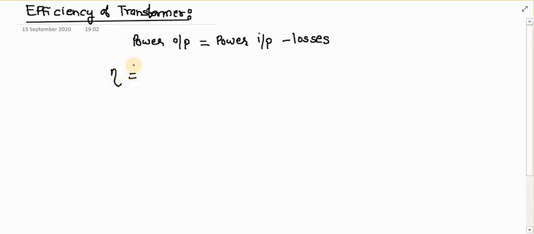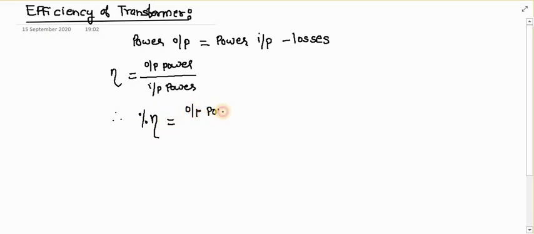Therefore, the ordinary or commercial efficiency of the transformer is defined as the ratio of your output power to the input power. So output power upon input power is nothing but the efficiency of the transformer. Both your output power and input power are in watt or kilowatt. Hence, I can write down percentage efficiency. Efficiency is denoted by eta and is equal to output power divided by input power